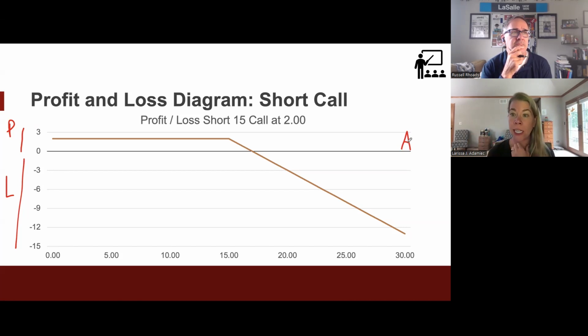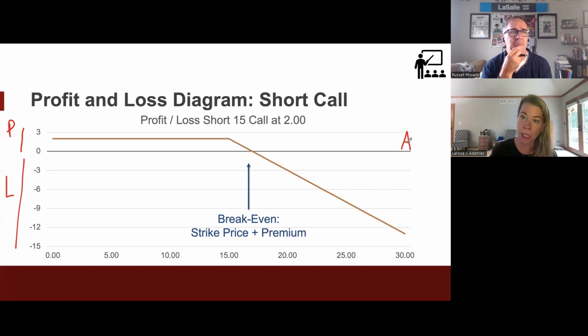So when we are short the call option, we have a diagram. Again, it's going to look like the reverse of that hockey stick of our long call. Our break even, and this is important to me to really highlight here, is the same break even point as the long call. And that's going to be the strike price plus that premium. And again, we're using the same numbers. So it's a $15 strike and a premium of $2.